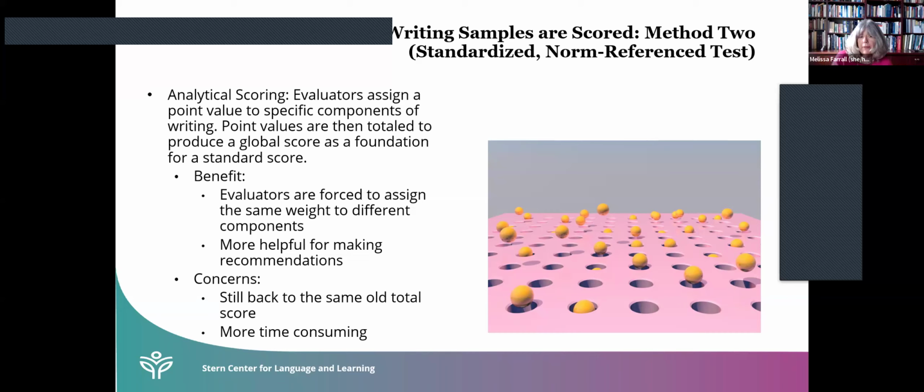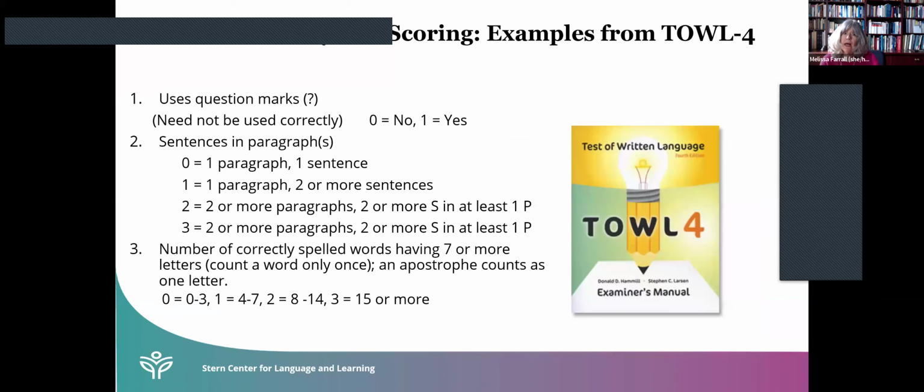The concern about this kind of scoring is that it brings us back to that same old total score. We take all the points and add them together, and then we have one number to represent this child's writing. And it can be really time consuming to contemplate whether this is a 1-point answer or a 2-point answer. For example, if you're not sure whether a sentence is simple, compound, or complex, you might find yourself deliberating over that, and it would take you a long time to work your way through